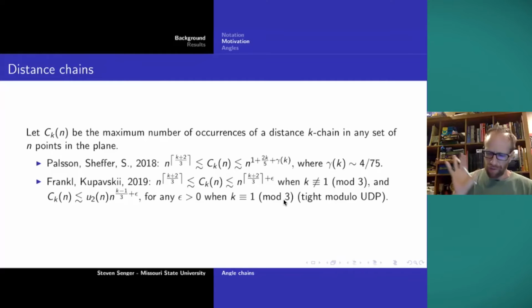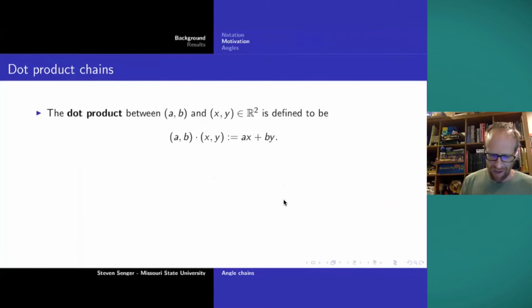It's well written and everything, but moreover, they basically finished the question up to the unit distance problem, at least as far as I care about chains. I was hoping that I could get a nice chains estimate, and maybe that would fold back to the unit distance problem. But what Frankl and Kupavskii have said to me, or at least my interpretation, is that, well, that's a nice idea, Steve, but you're going to have to work harder. Beautiful paper, lots of fun to read. But essentially this is where the buck stops here. We don't get the unit distance problem for free, or so it would seem, without some hard work.